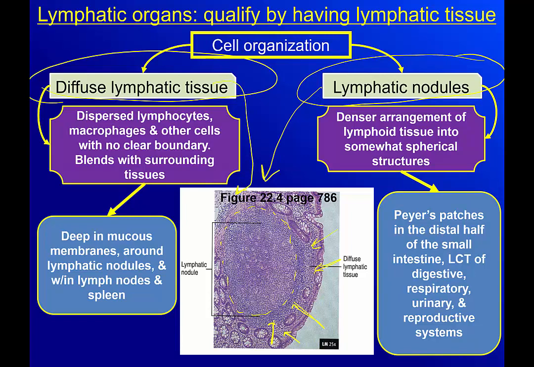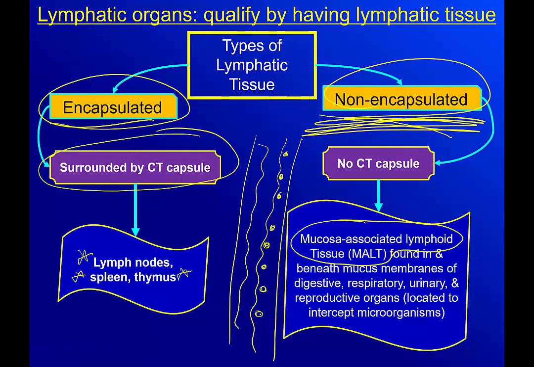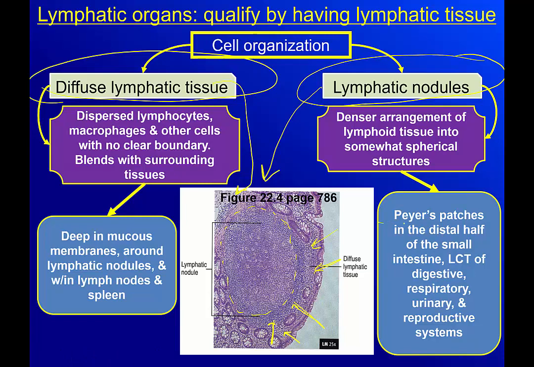They're not in that nodule. Those little circles that I just drew back here are an example of a lymphatic nodule. Specifically, when they are in the intestine, we call them Peyer's patches. Okay? So literally, when it comes to the organization, it's either spread out and diffuse,